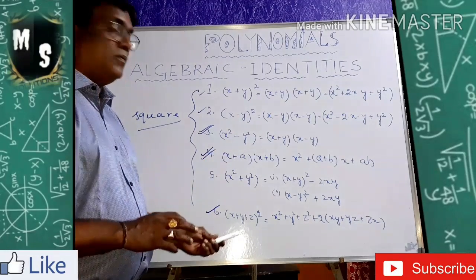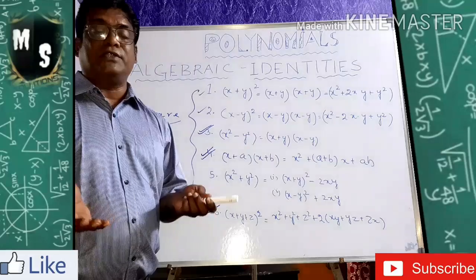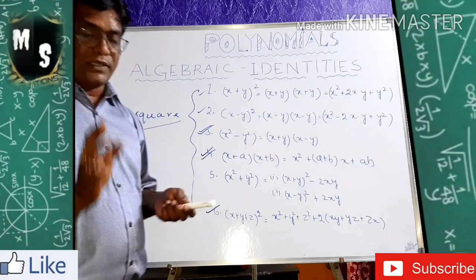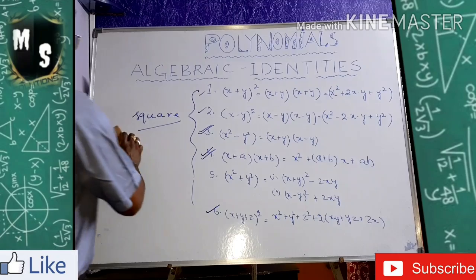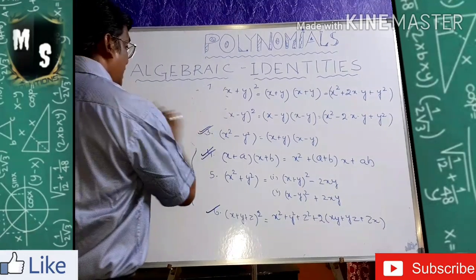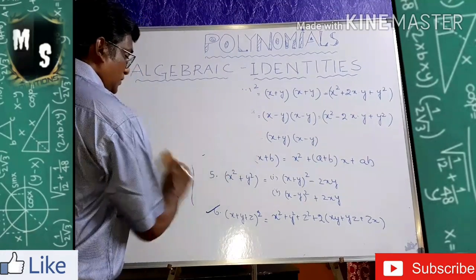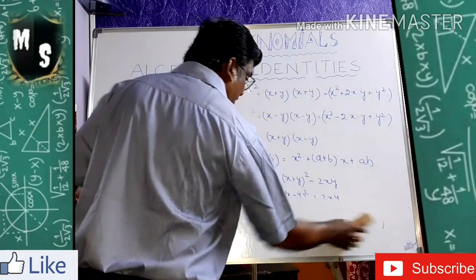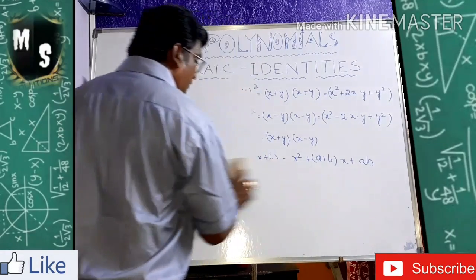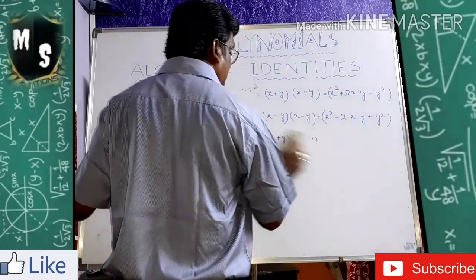Now regarding these formulae, I want to do some factorizations for you. Try to understand them from your book. I am doing it from your book. After the square, I will go for the cube formulas also. Let's go for the square formulas first, then we understand the sums, then we will go for the cube formulas.